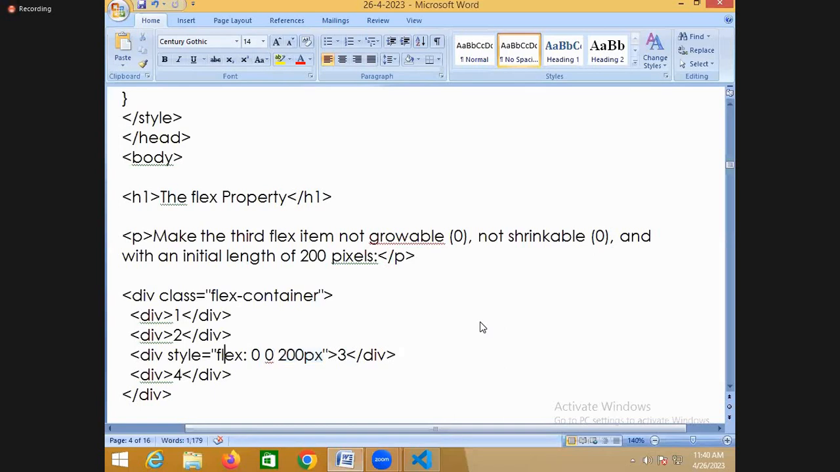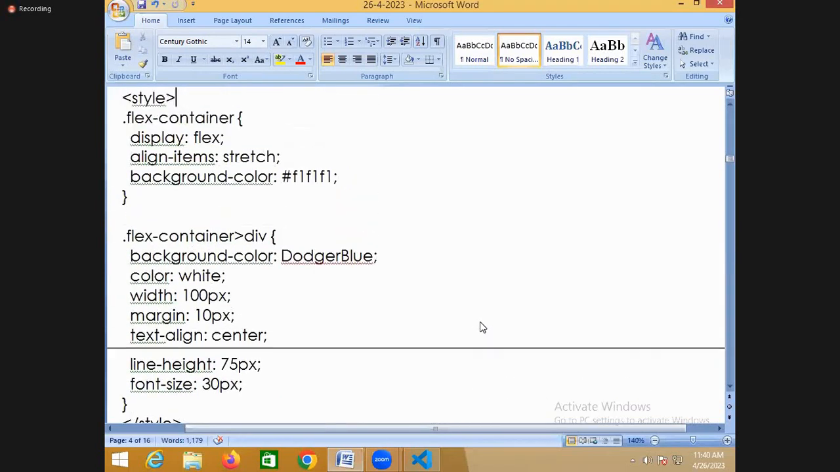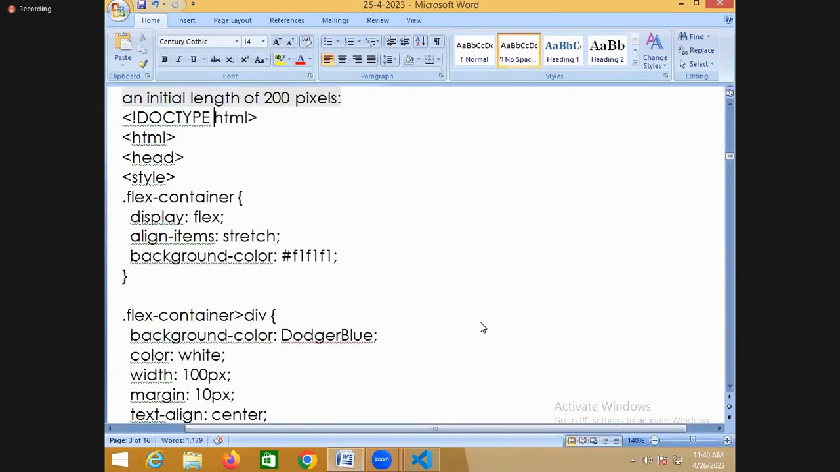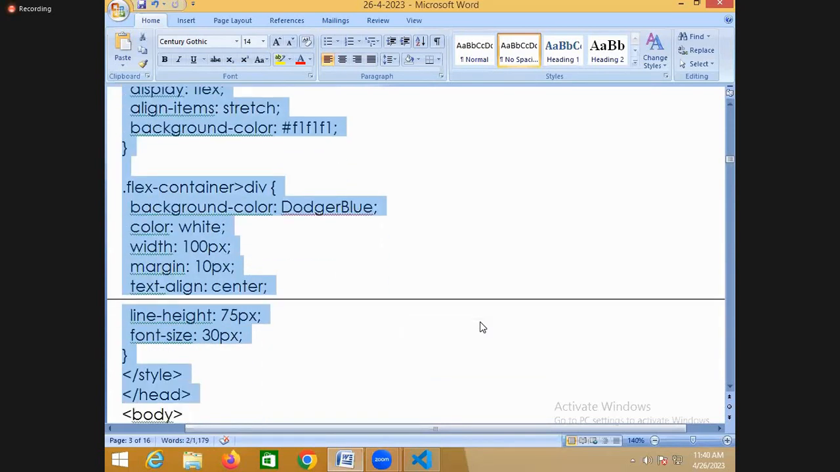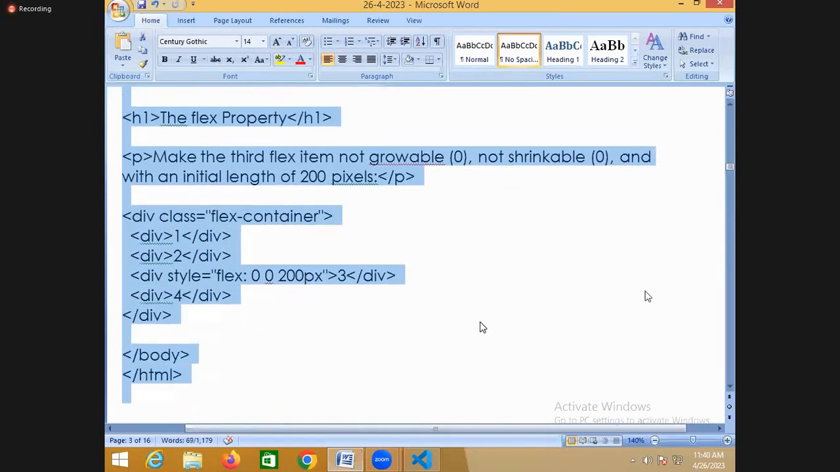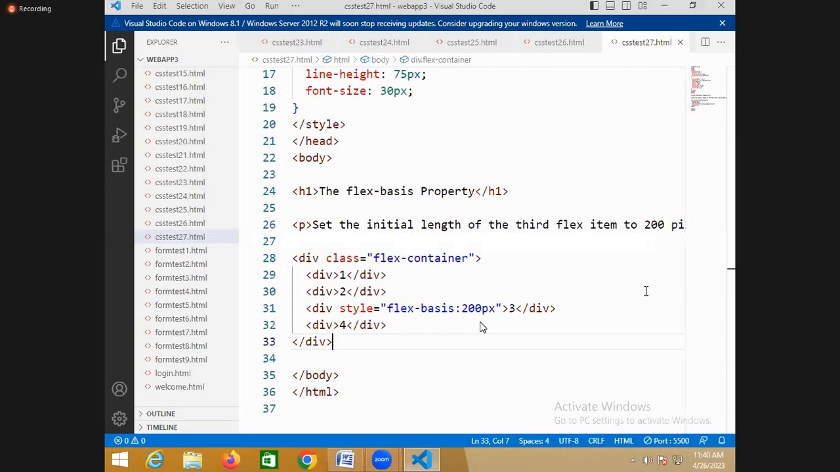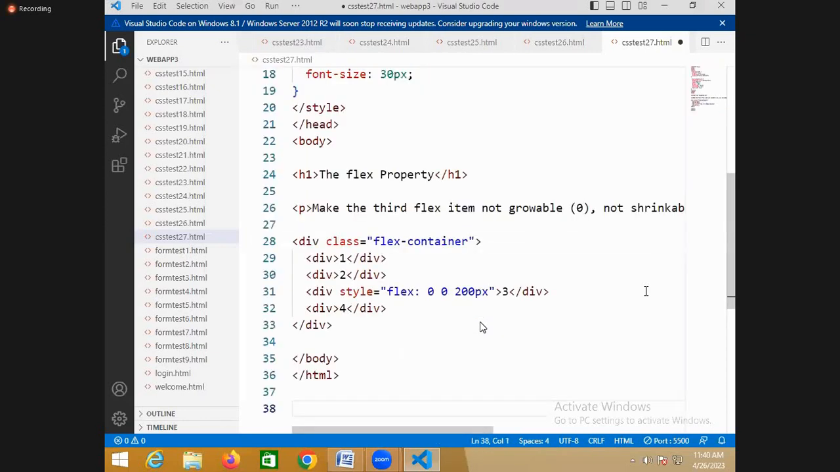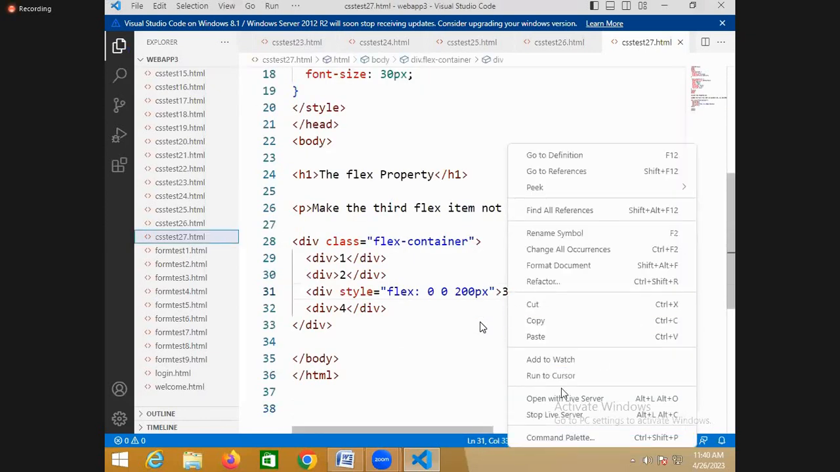Now instead of giving these properties individually, you can set all of them using only one property. What is the name of that property? Flex. So you don't require to write these properties individually. You can simply use one property called flex. Now this is a shorthand for the previous 3 properties. Okay. So once you run this,